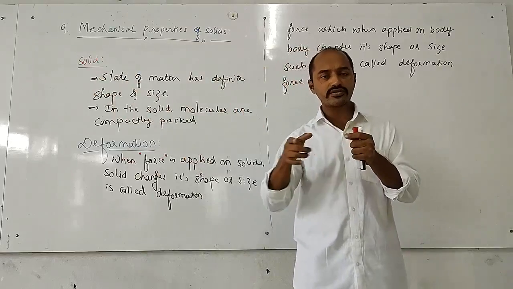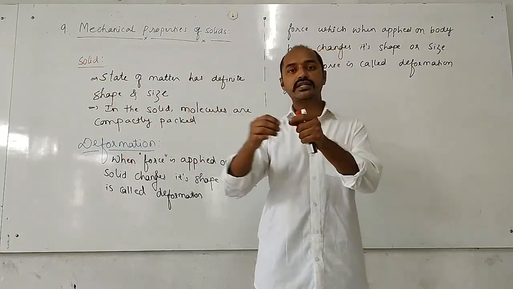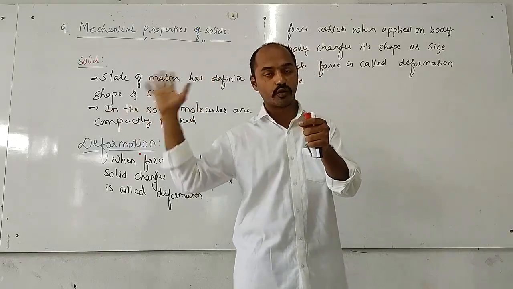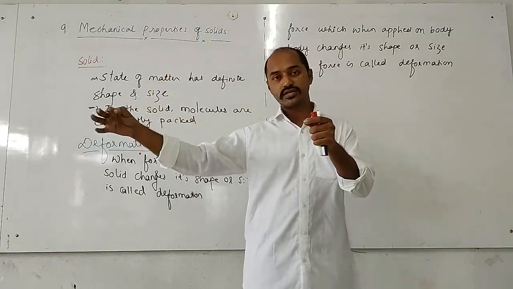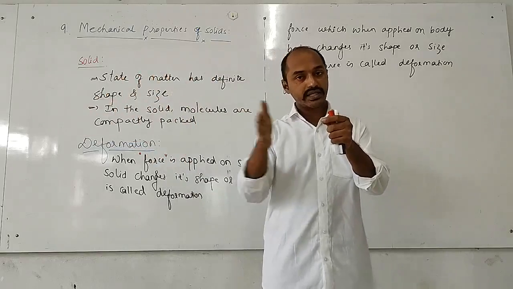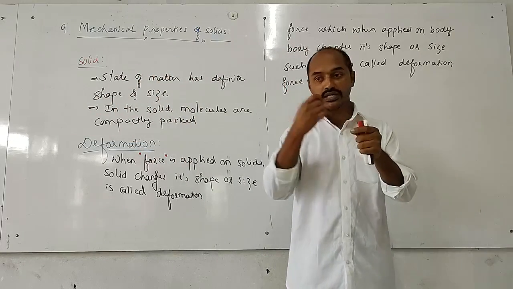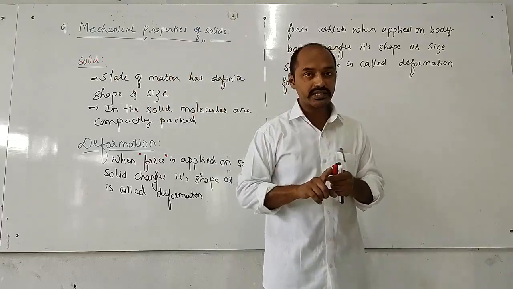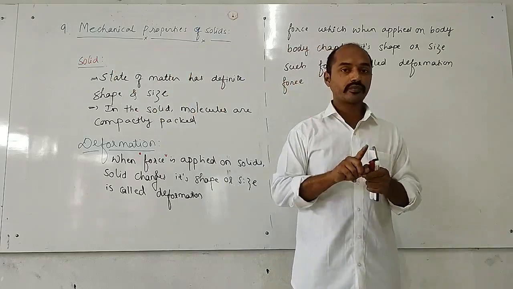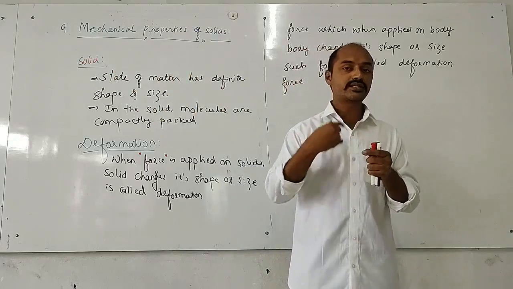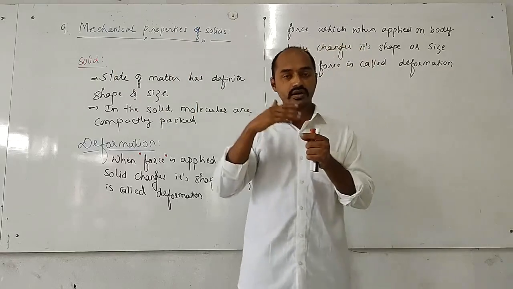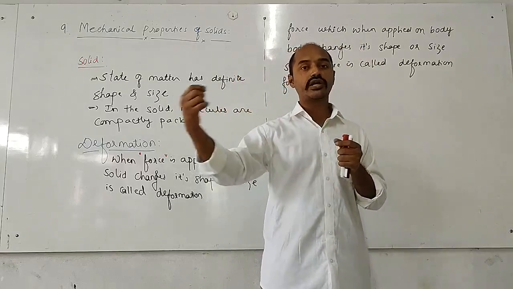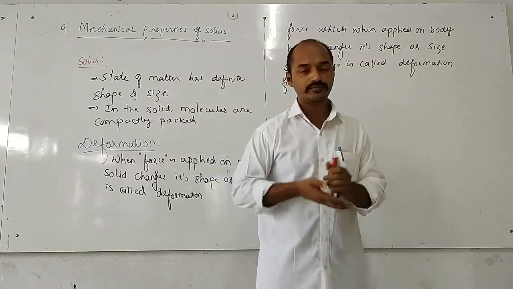What is the difference? The first material is getting deformed, and after the deformation force is removed, it is getting its original shape and size. But here it is not getting the original shape and size. The materials which regain their original shape and size after removal of deformation force,